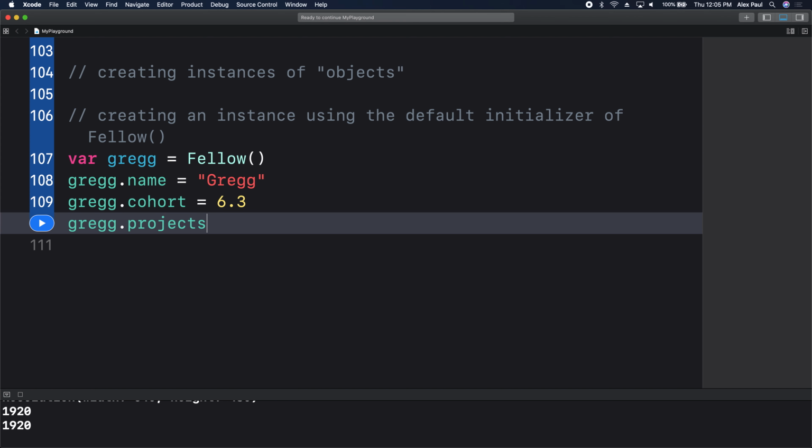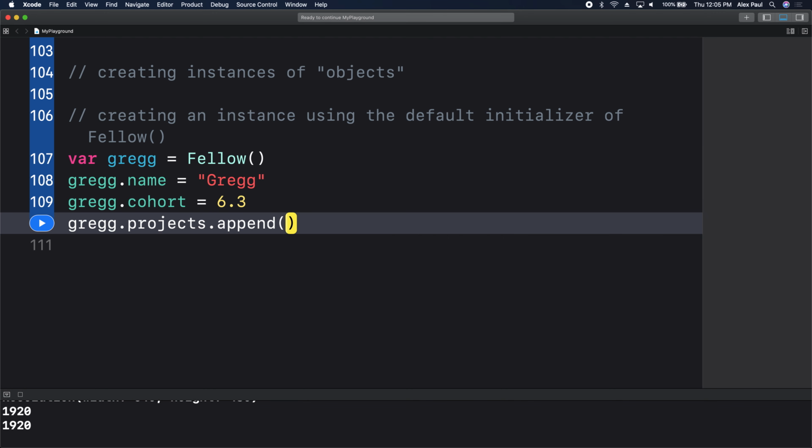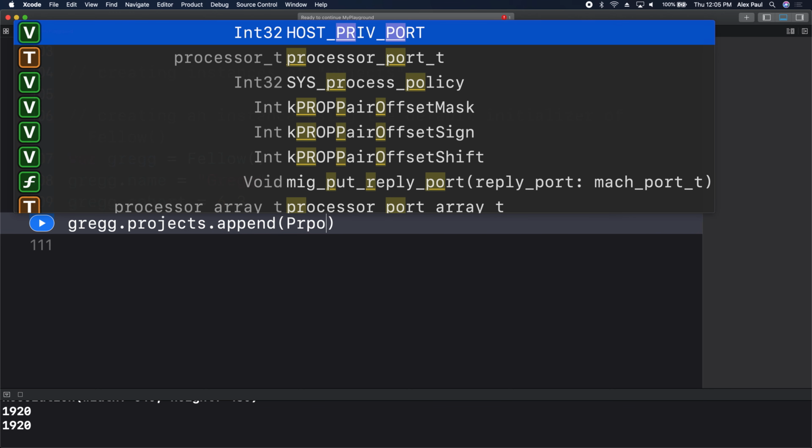How do we add to an array? Oscar? Append, right? So here we say dot append. So we add in a project. We have our project struct, our custom type. Everybody agreed? So here I will say project,